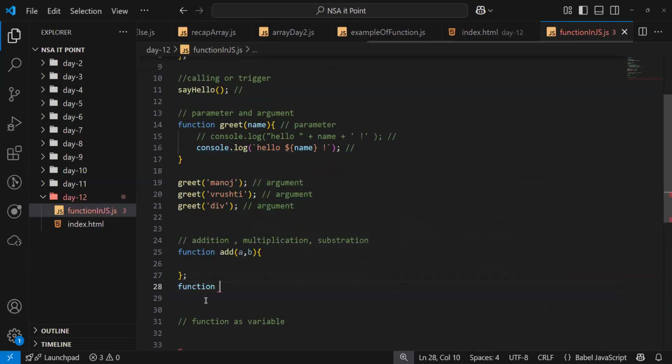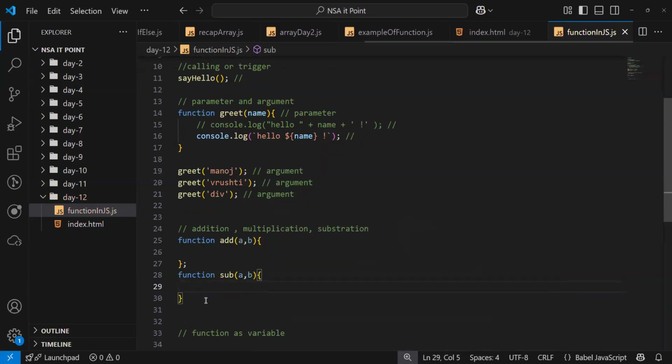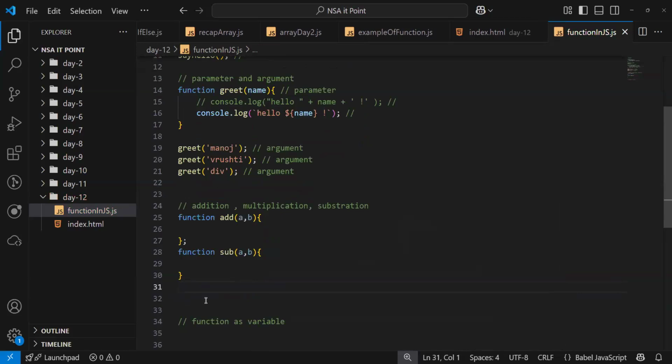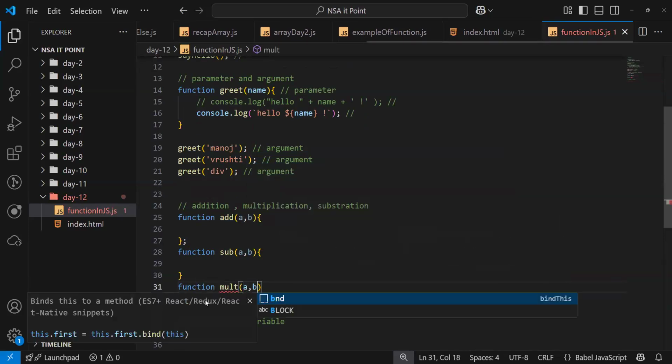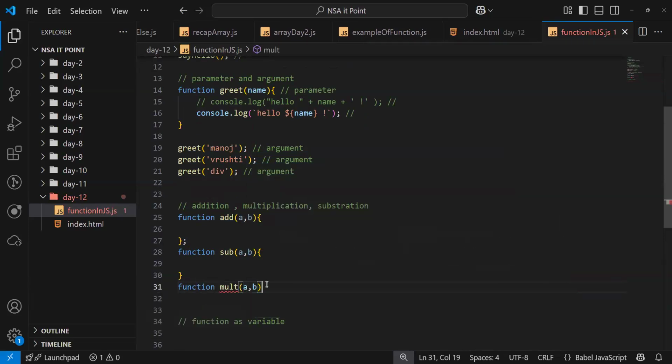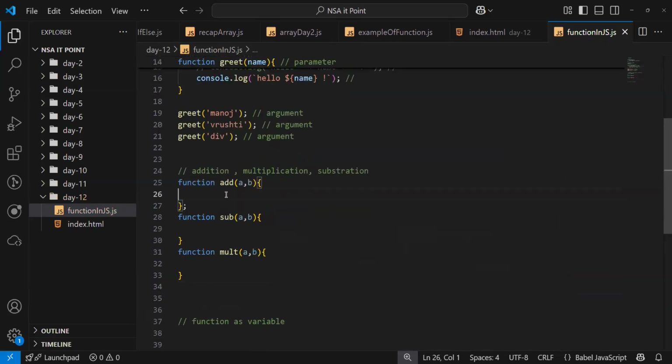Function sub a comma b. Okay, then function multiplication a comma b. Okay, what will it do?